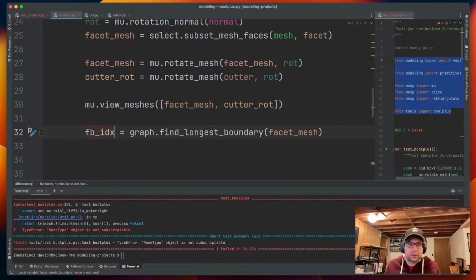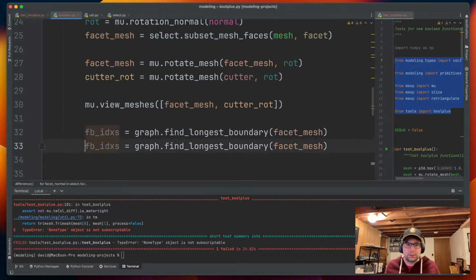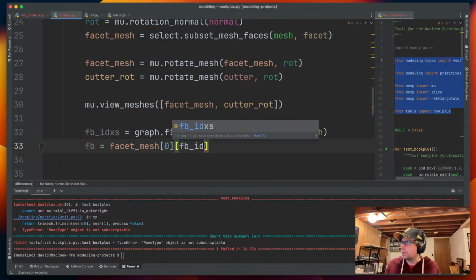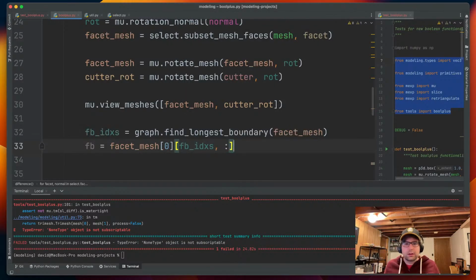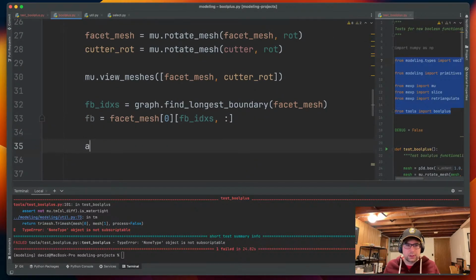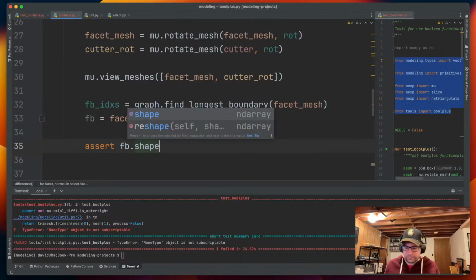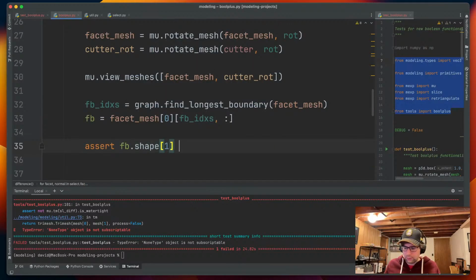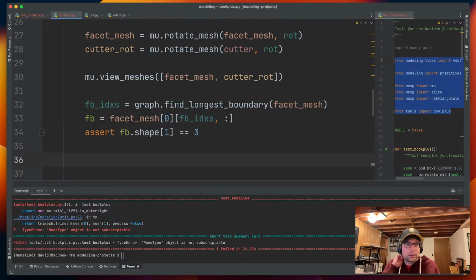Facet boundary axis. Facet boundary. Okay. So that's that, and this is still 3D here. Right. So that's still 3D, and then we need to find the Z